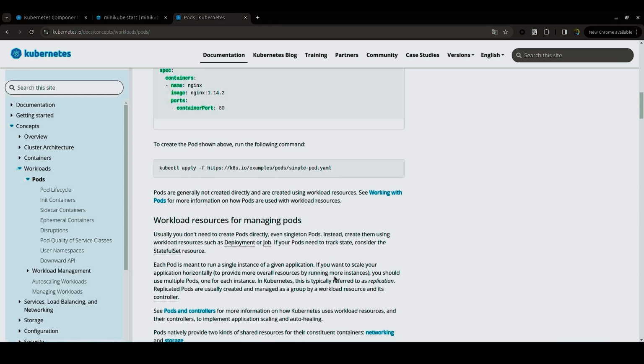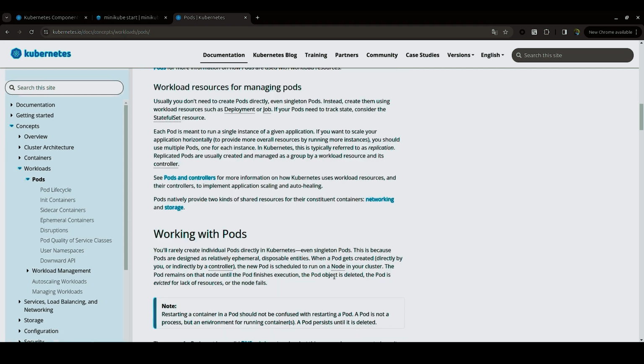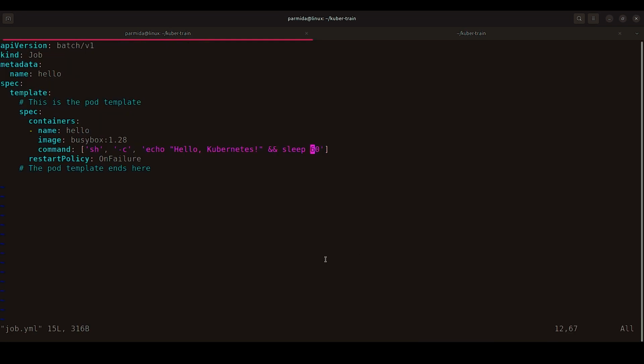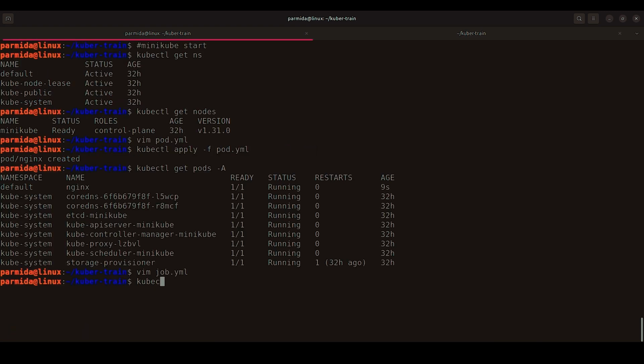Usually we don't need to create pods directly. Instead, we create other workload resources, such as a deployment, a stateful set, daemon set, or jobs. Let's create a job. Here there is a simple job which prints hello and sleeps for 60 seconds. By running kubectl apply, you can create your job